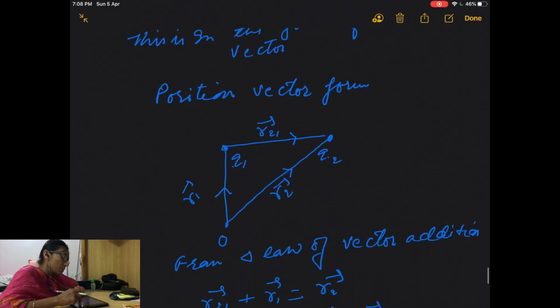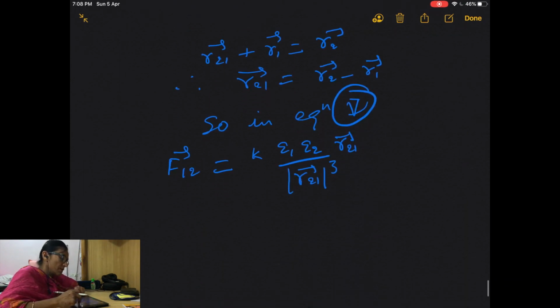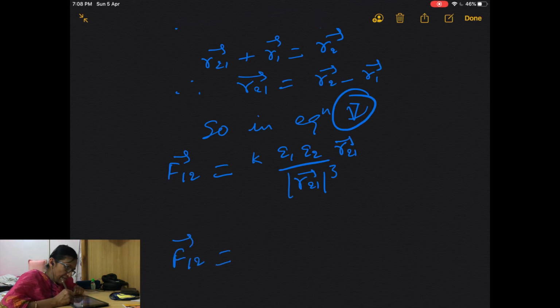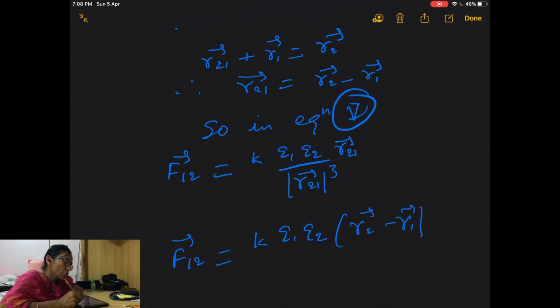Yes, this one. Now let us put the value of the displacement vector in terms of position vector. So we find that F12 vector is equal to K Q1 Q2 and R2 minus R1, modulus, no, not modulus,